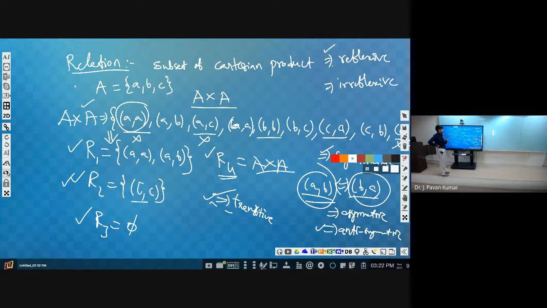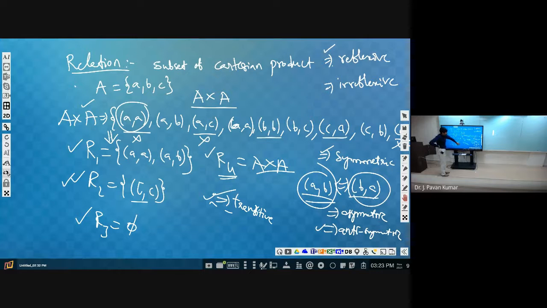Please have some clarity on these terms: minimum, minimal, maximum, maximal, least element and greatest element. What is meant by join? What is meant by meet? Then you practice with the diagram directly. By seeing the Hasse diagram, you should be in a position to say what the meet of so and so elements is, at what vertex these two are joining. You practice with several examples, then you will find it much easier. And these kinds of bits will be asked in the GATE exam as well.